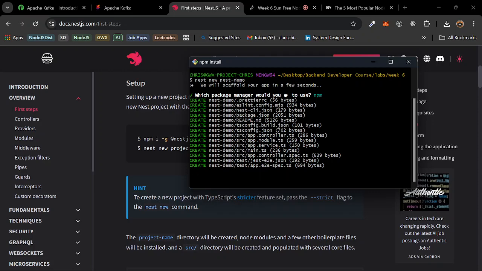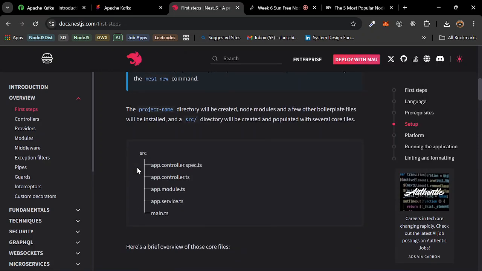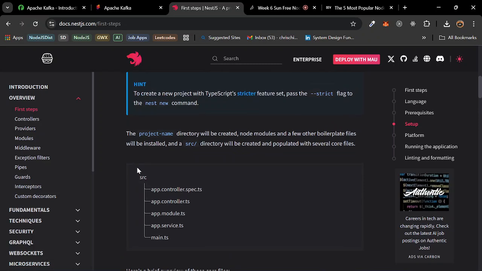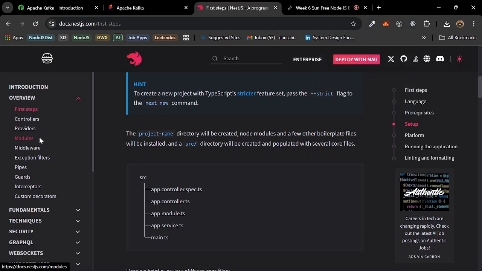Okay, why is this installation taking time? While we are installing, let's look at some concepts we're going to encounter in NestJS. We have things like modules, controllers, providers, middlewares, exception filters, guards, and the rest, and decorators.